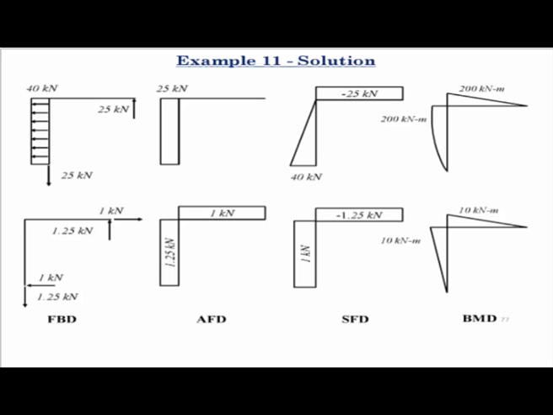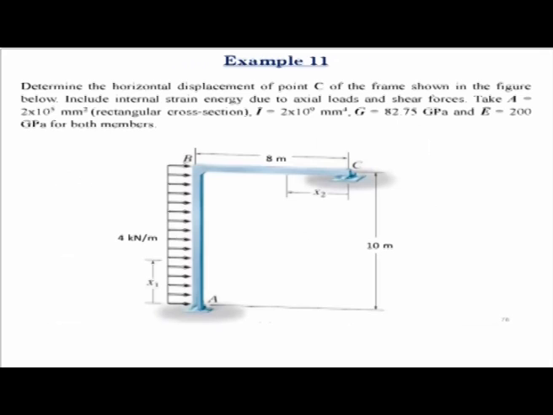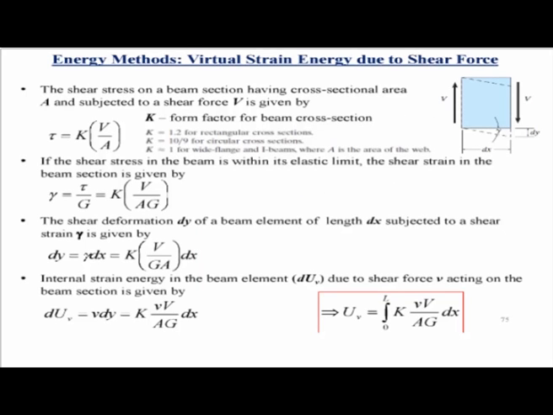Now, in order to calculate the horizontal deflection of this joint due to the axial deformation, we consider the axial load diagrams. So first of all, if you look at these two axial load diagrams, you notice that in the horizontal member there is no axial force due to the applied load. That means you don't have to consider the axial deformation of the horizontal member to calculate the horizontal displacement here. You only have axial deformations of these two members, and the formula for calculating the horizontal displacement due to axial deformation is given in this slide.